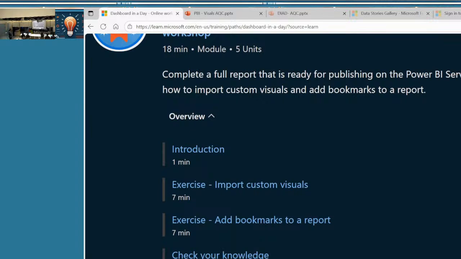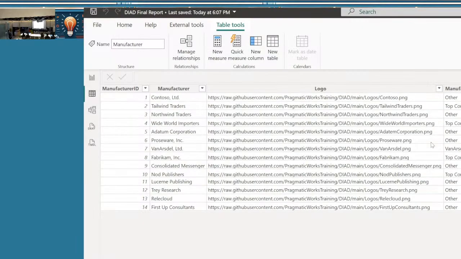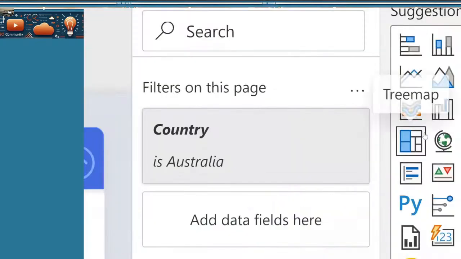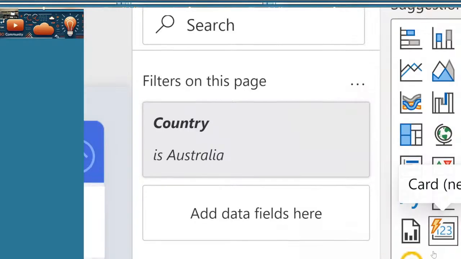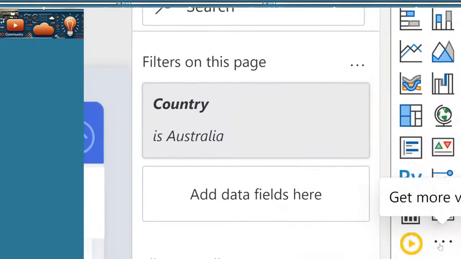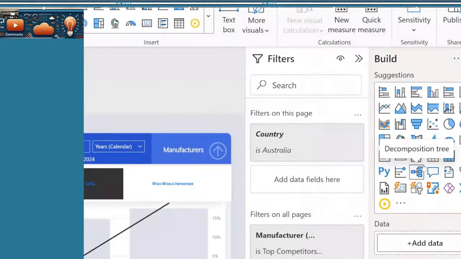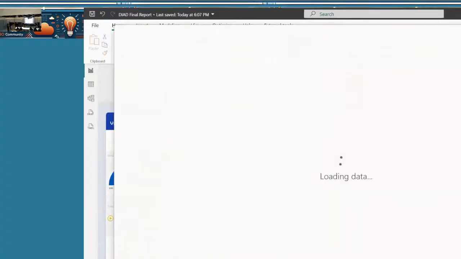Okay. And then just a note before you go to your lab, when we talk about custom visuals, one thing you've got to know in Power BI is that there are native visuals, right? These are the native visuals, the ones here that are part of Power BI, developed by the Power BI team. And then you have custom visuals. If you click on Get More Visuals, you will go to sort of the visuals marketplace, right? The Power BI community is huge, and they're constantly releasing new visuals, and there's a lot of certified ones as well.